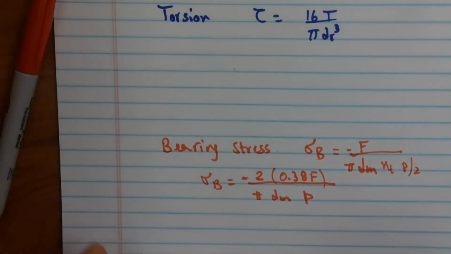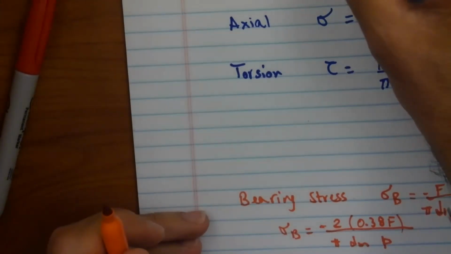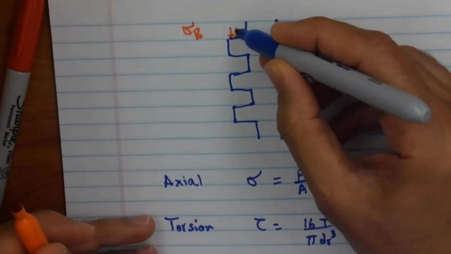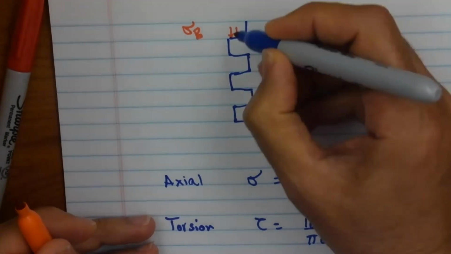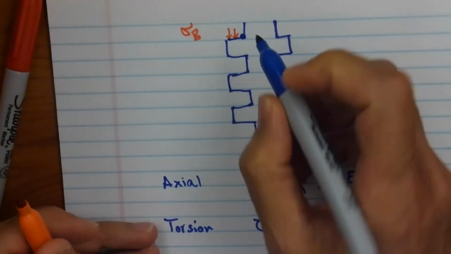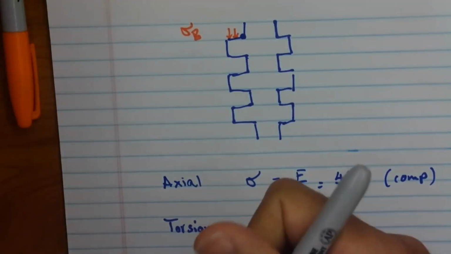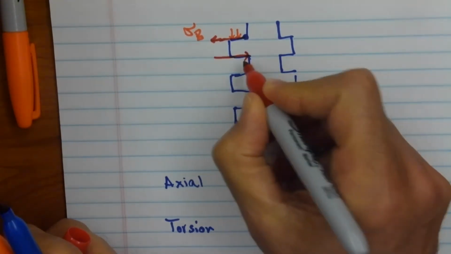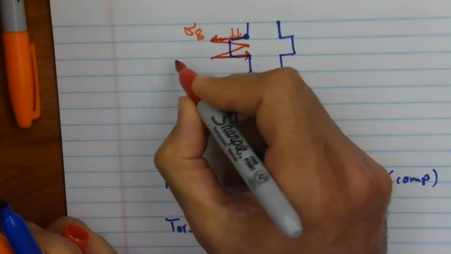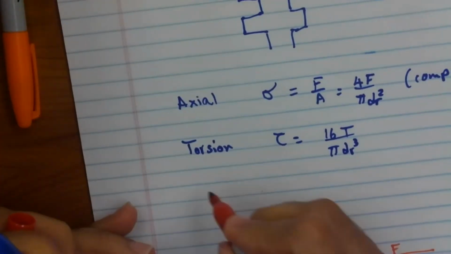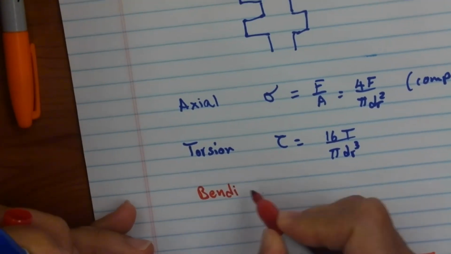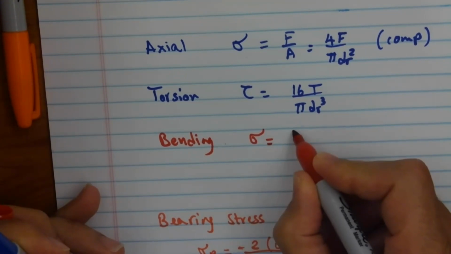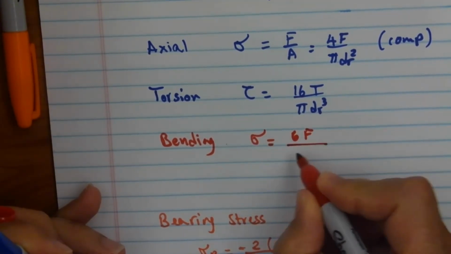Next, we started looking at the bending stress. The bending is occurring at the section, like imagine if these threads were treated as cantilevers, and I have the force applied here, then I have a pull at the top. I have this tension at the top and compression at the bottom and zero in between. So we have this bending stress, sigma B, where sigma is equal to 6F divided by pi